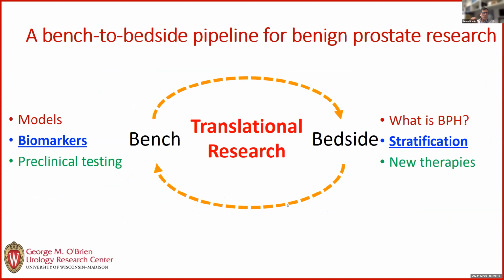Okay, so also, as Jim had alluded to, with regard to heterogeneity, we need to stratify patients when they come into the clinic. And that's a big problem. Currently, and these are generalities, so please take these as generalities only, but a patient may come into the clinic and have so-called BPH LUTS,